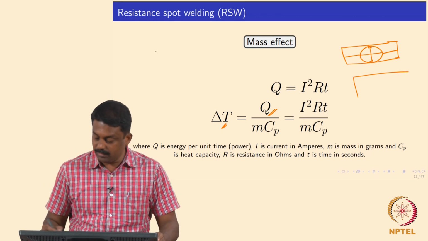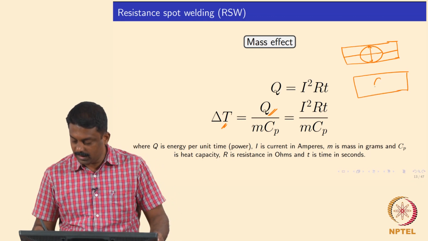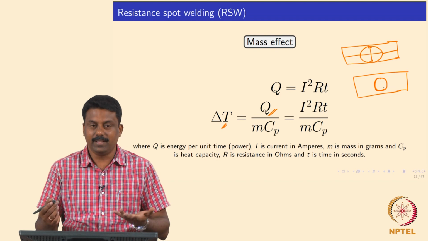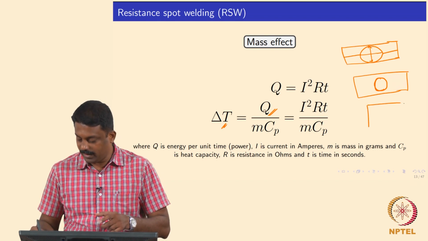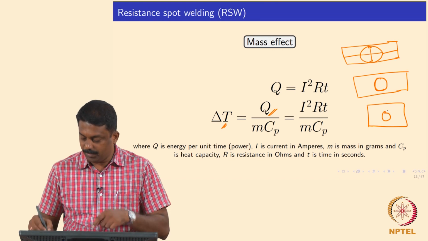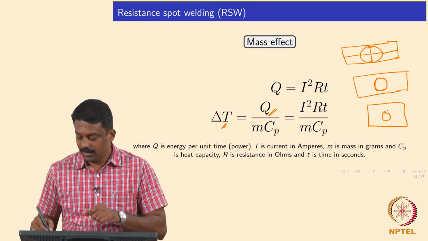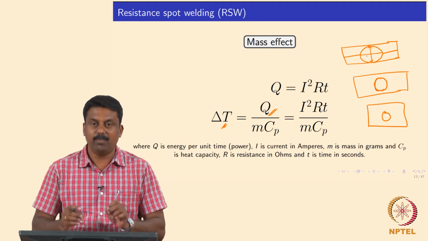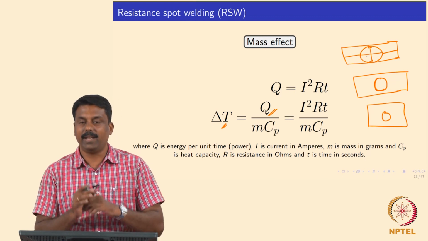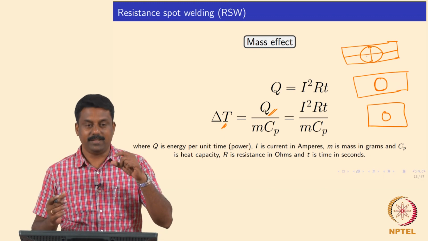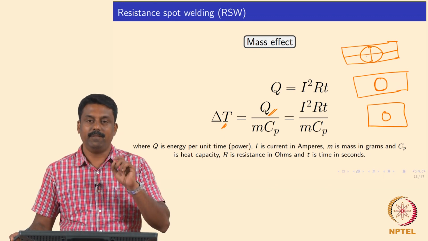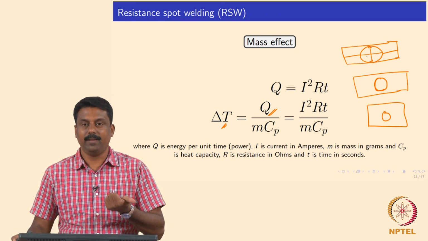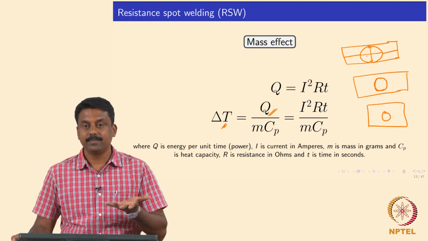For example, you can also say this is the top view and this is your weld nugget diameter, and if you look at the side view you do not see it unless you do a cross section, because the electrode is placed from the top. So if you want to get a required weld nugget diameter, how much current do you want to send for a given time, how do you calculate? You know the height of the cylinder, which is the combined thickness of the plates. You want to know the diameter. Then you solve for the cylinder volume, and you get m from that.